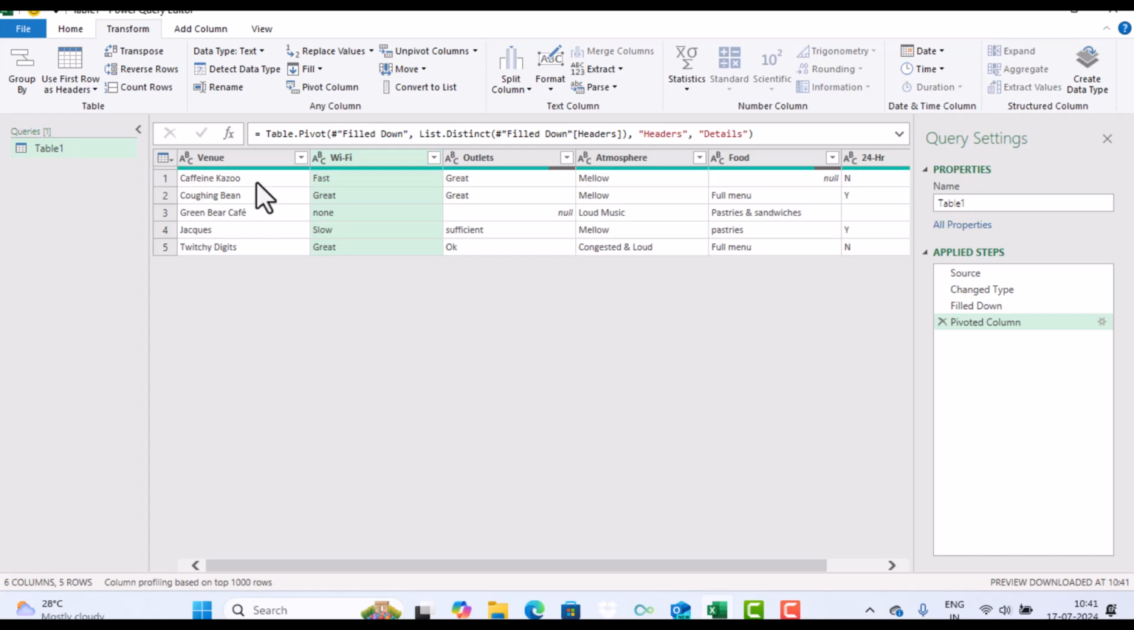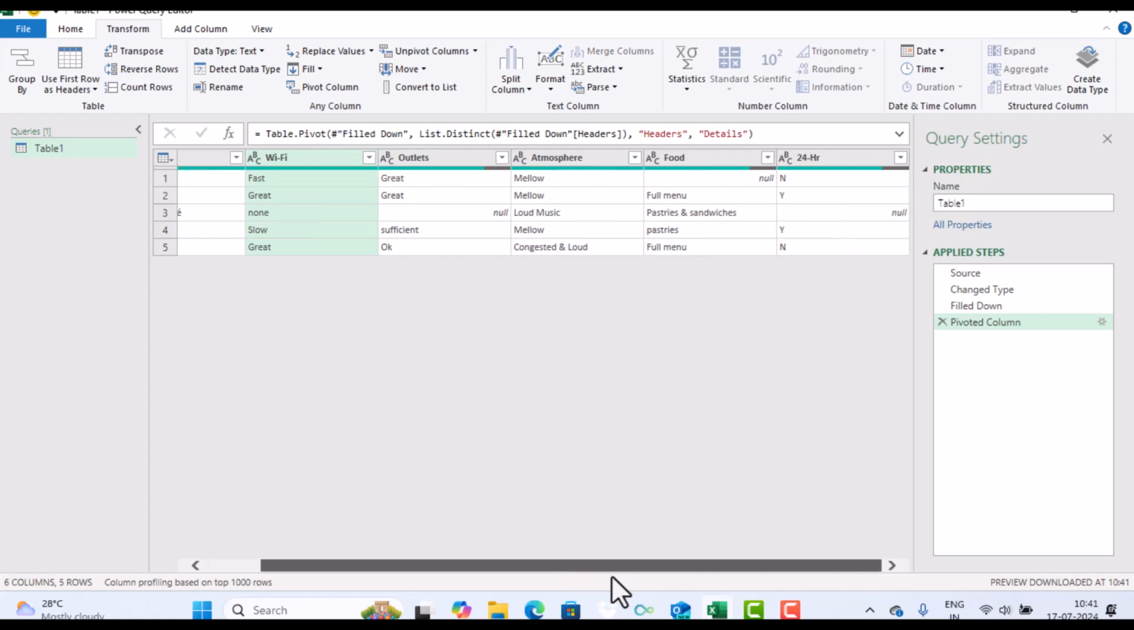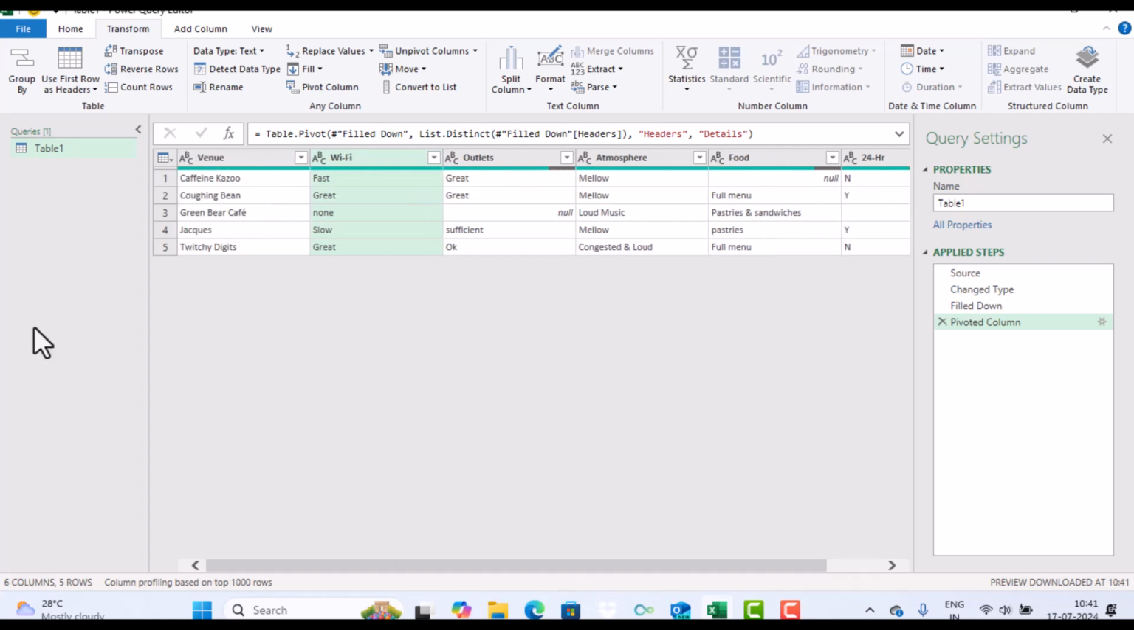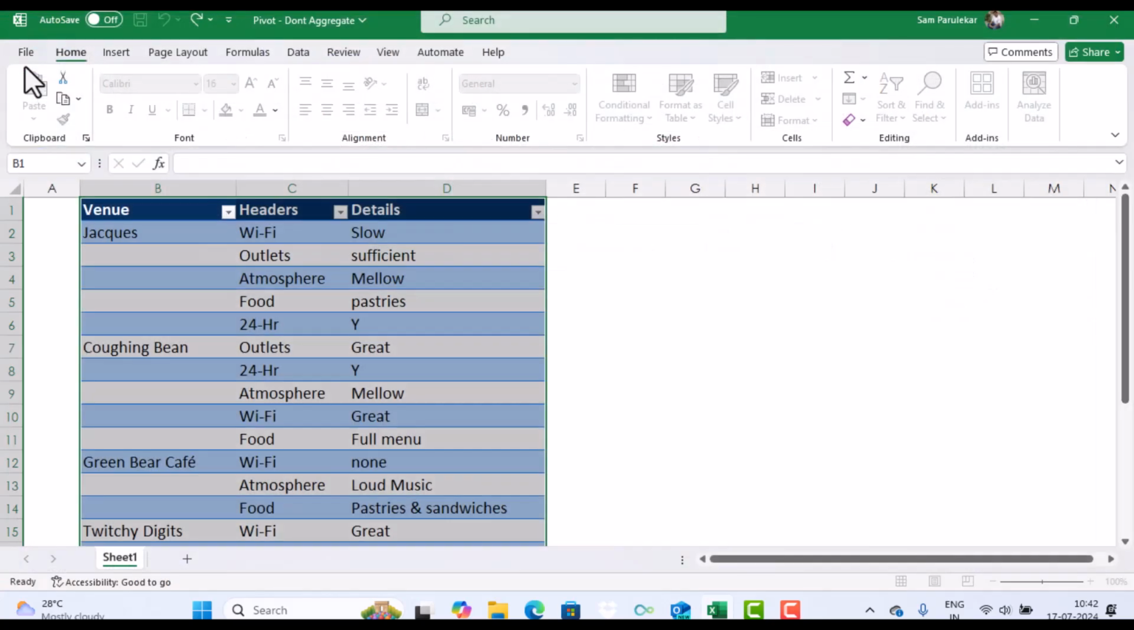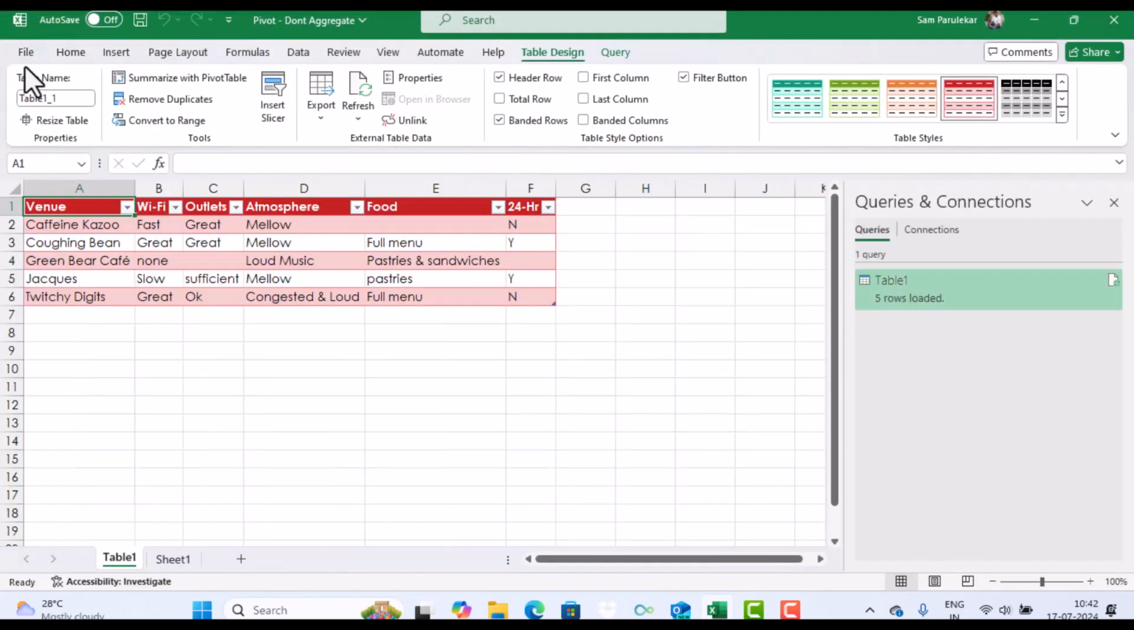So you have the coffee shop names listed on the left side, and on the top you have the headings like Wi-Fi, outlets, atmosphere, food availability, and in the center we can see which feature is present in which coffee shop. Finally, I'll click on Home and select Close and Load, and all this data will come into the Excel sheet, and